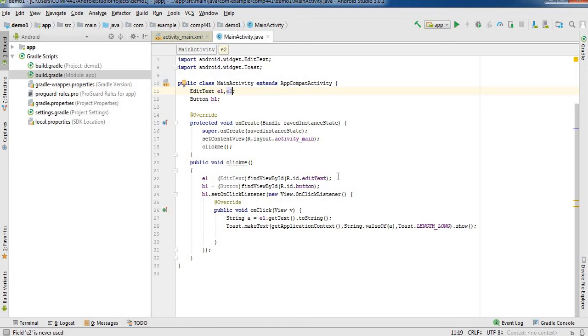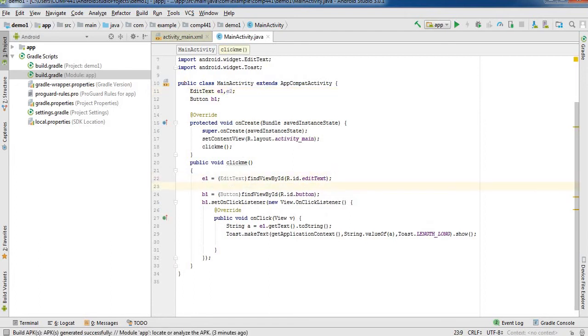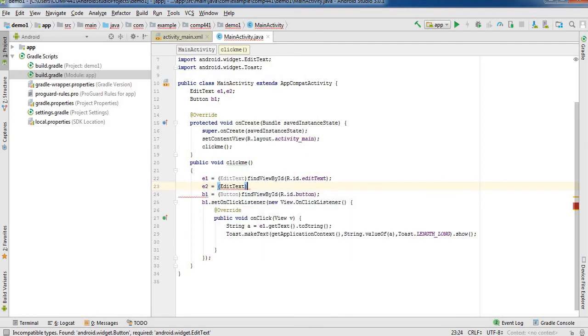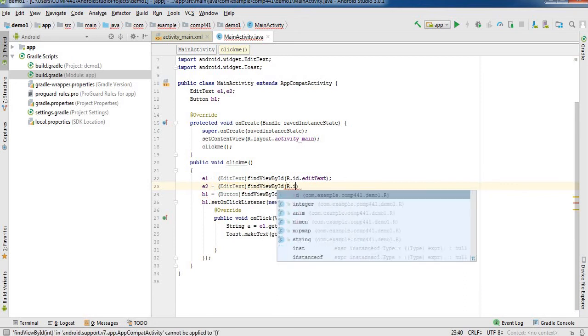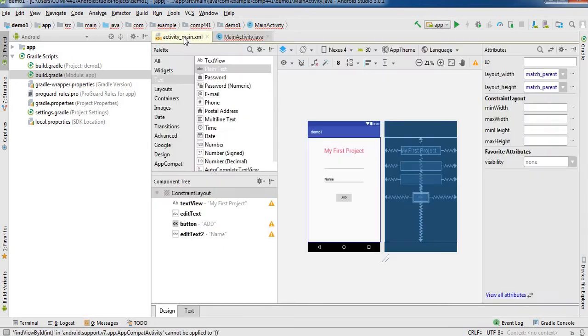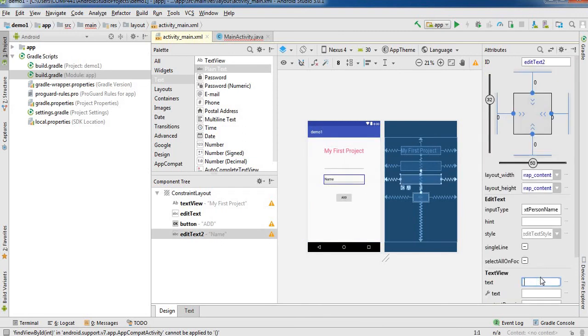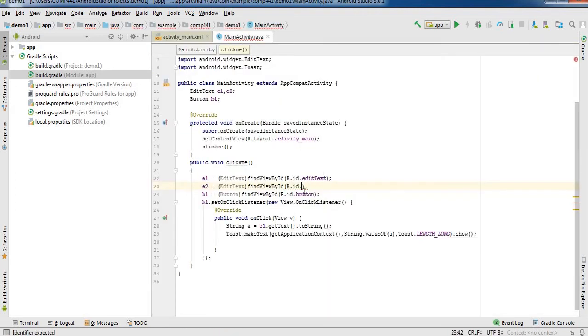So we have to write E2 equals EditText, findViewById, R.id, and we have to find the id, that is editText2, which is in my code here.